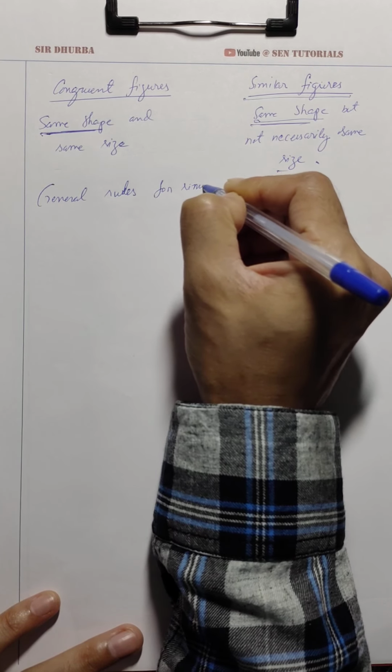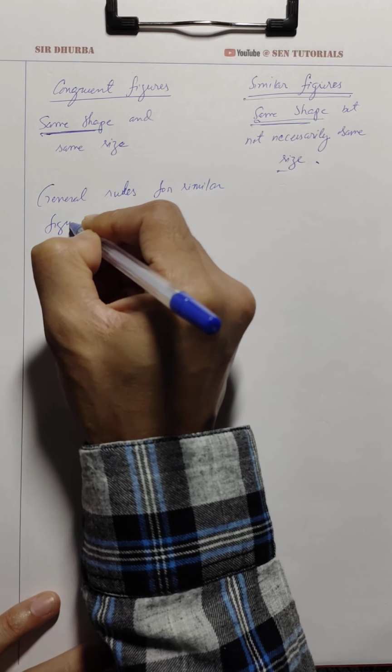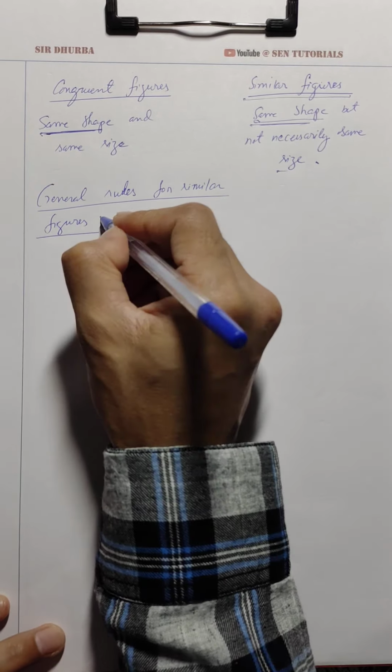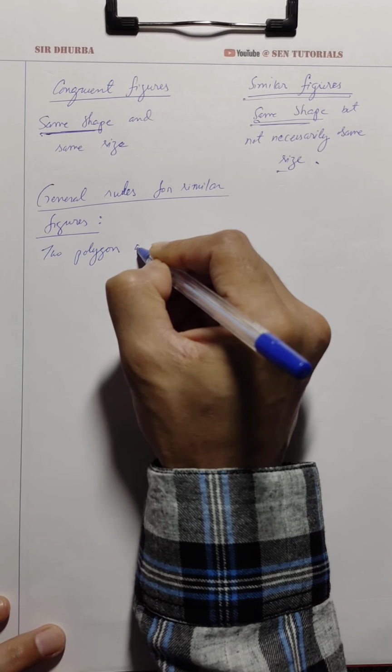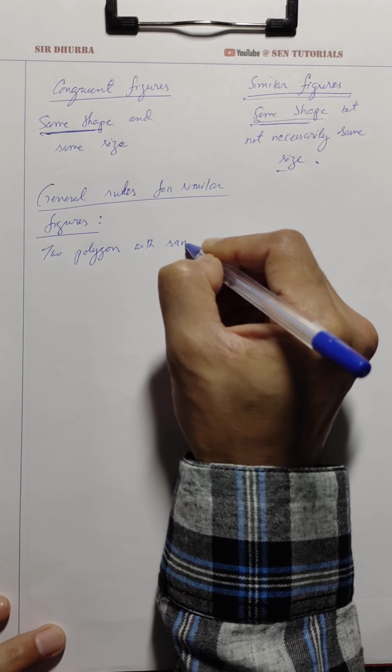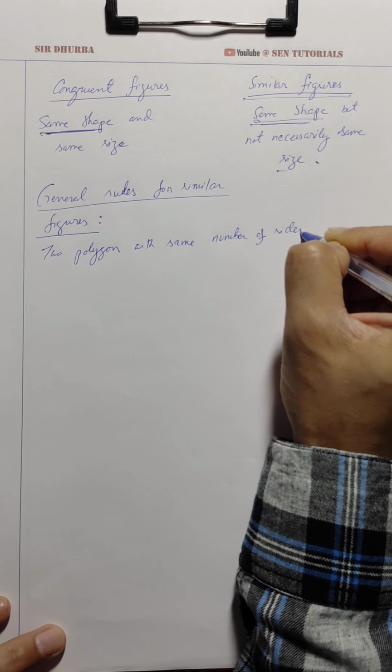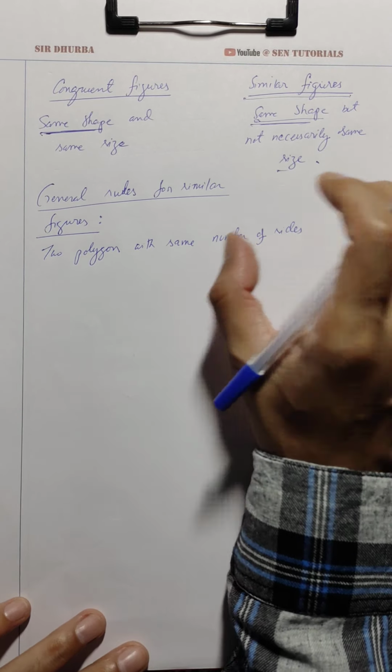Okay. So let's see some general rules for similar figures. Now we're talking in general only. Okay. So two polygons. Remember, triangle is also a polygon. Okay. So two polygons with same number of sides. So remember, we can compare only a triangle with a triangle, square with a square. We cannot compare two different shapes. Okay, are said to be similar when the condition is this: corresponding